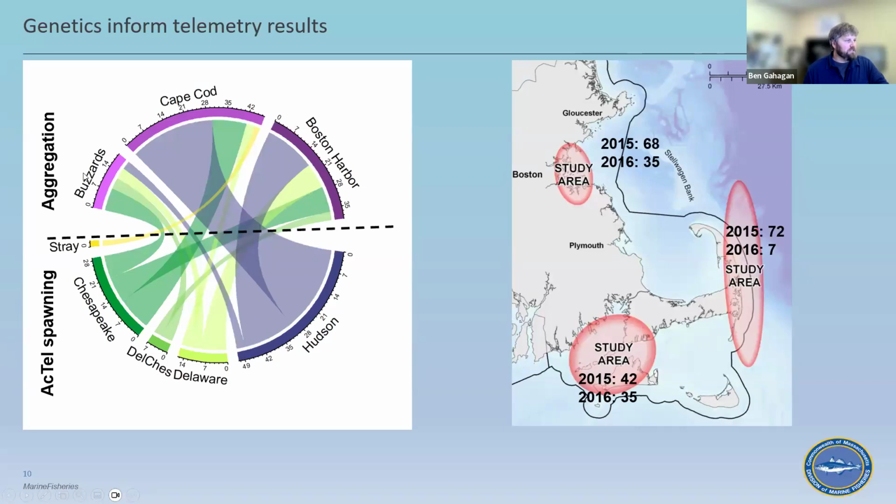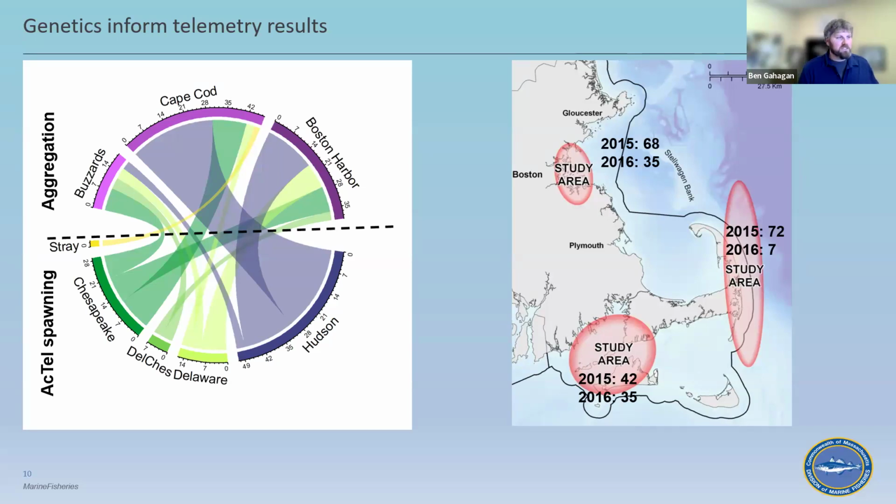And you can see that Buzzards Bay seems to have a different composition, but Cape Cod and Boston Harbor are largely the same. As a note, we tagged about 250 fish. We only had about 105 fish that we had spawning locations for. This is likely due to us tagging a lot of smaller fish that may not have been spawning yet and are spending the spawning period either lower in the estuaries or in the coastal areas foraging.